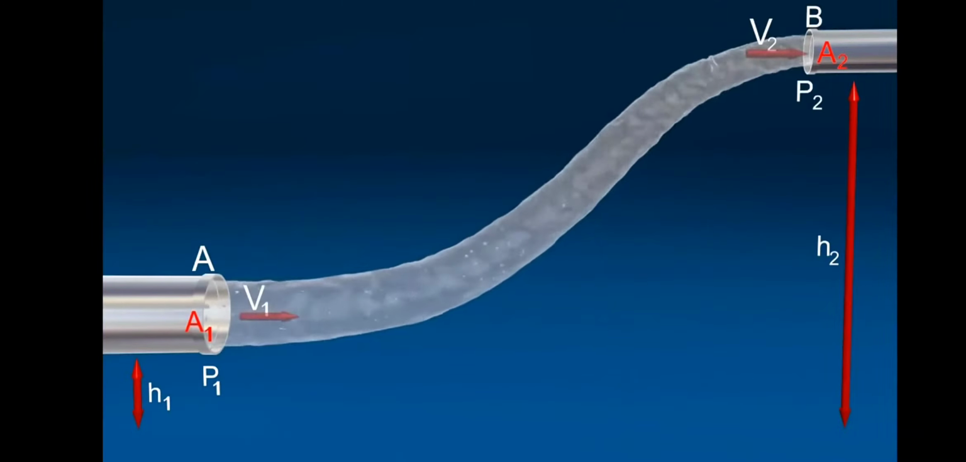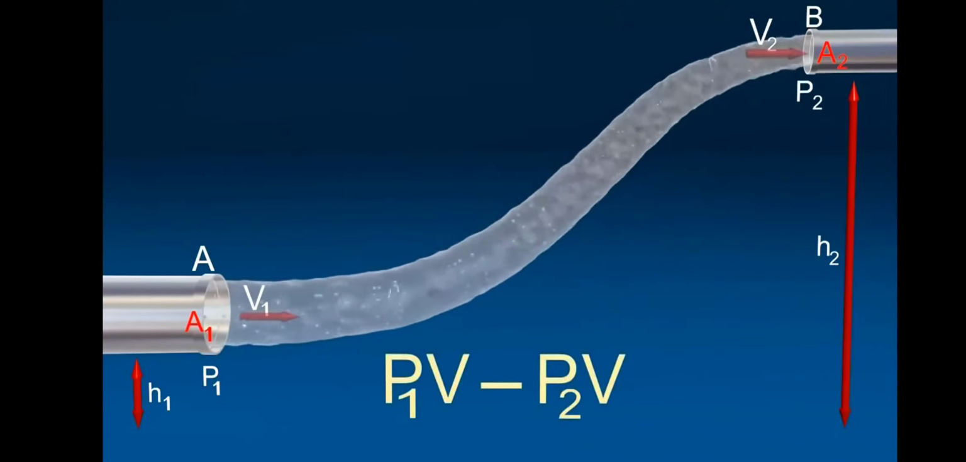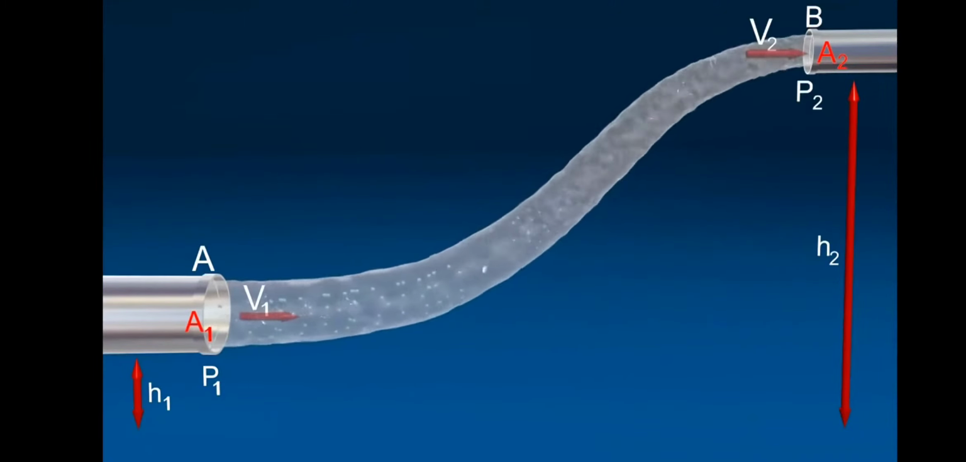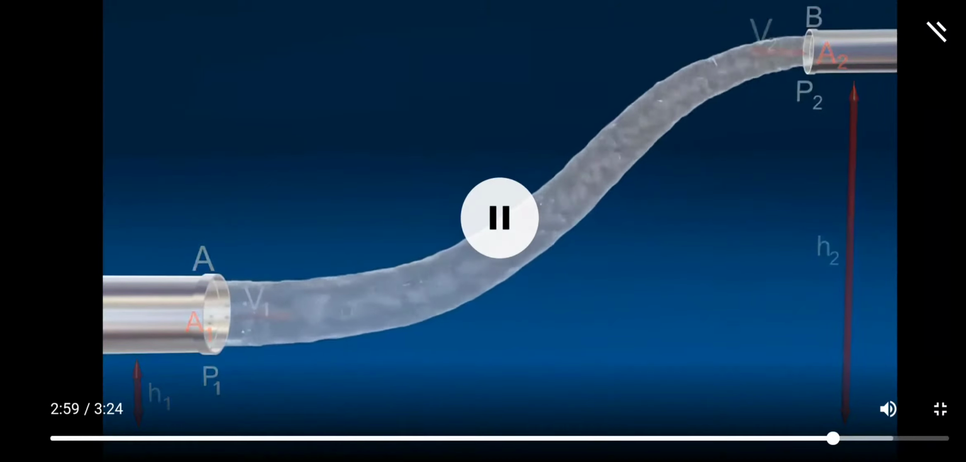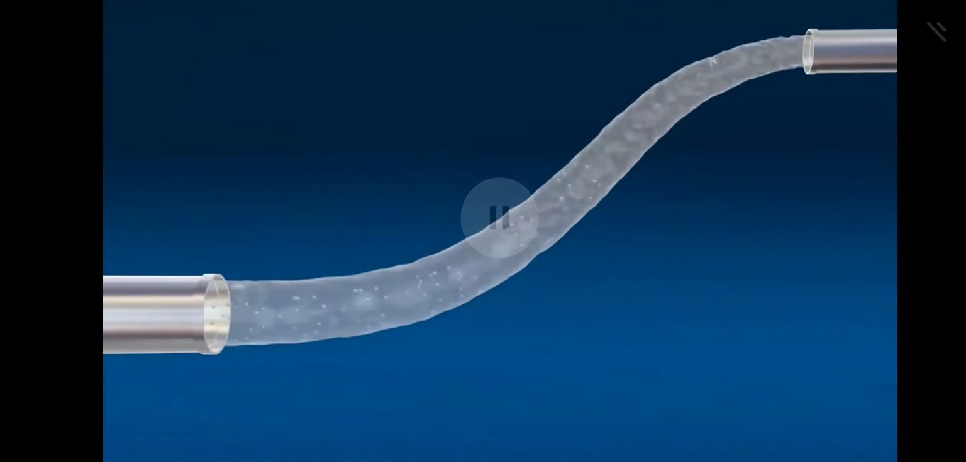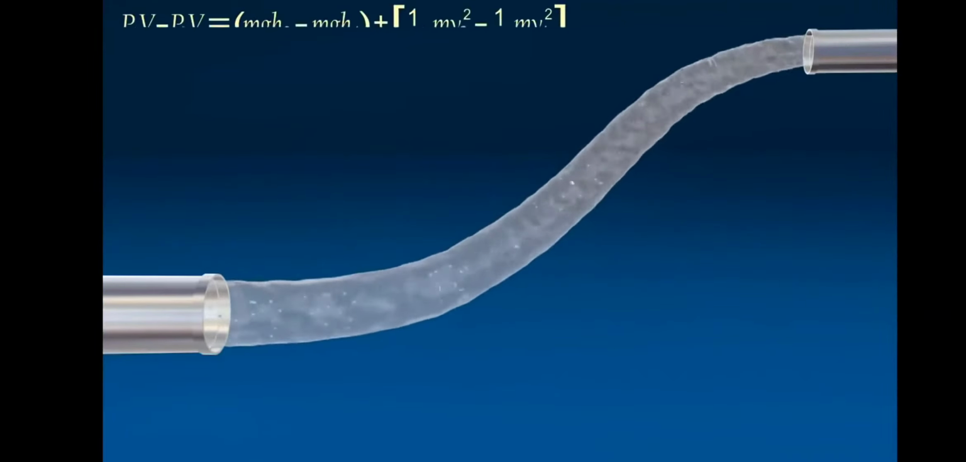Net work done equals P1V minus P2V. The net work done per second is equal to the increase in the potential energy and kinetic energy per second from A to B. According to the law of conservation of energy,